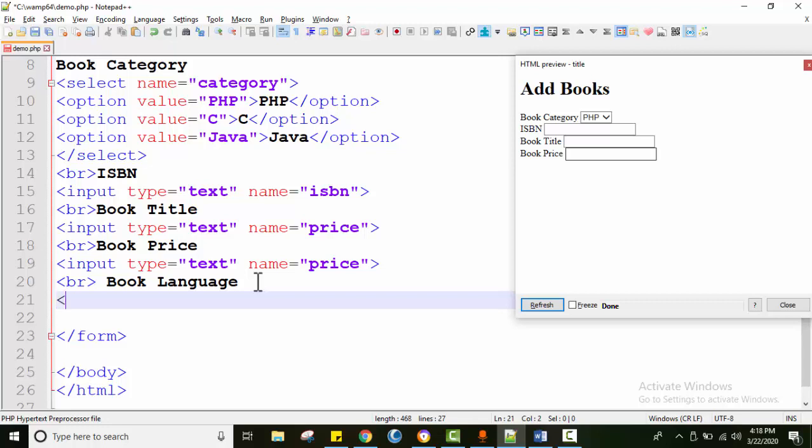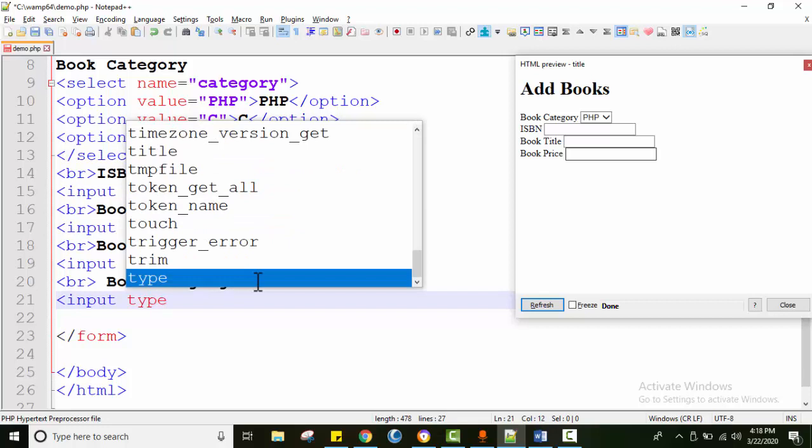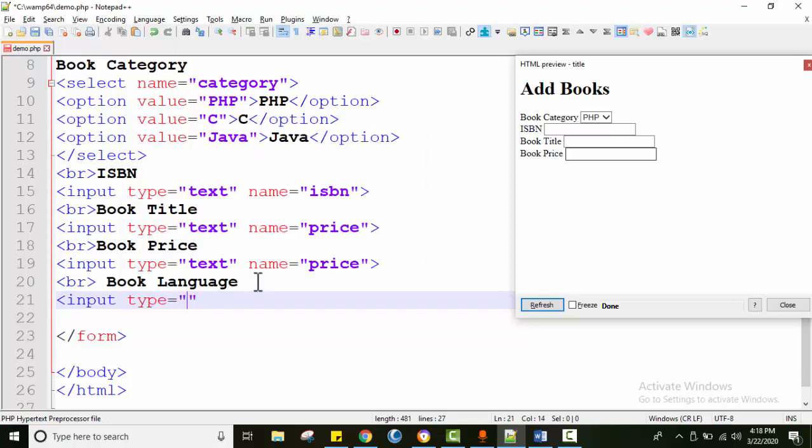For a radio button, we have the control input type equal to radio, name equal to language, since we are accepting the language through these radio buttons, so I will name this radio button group language,